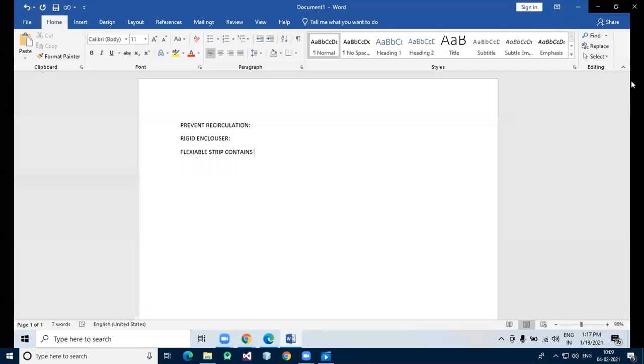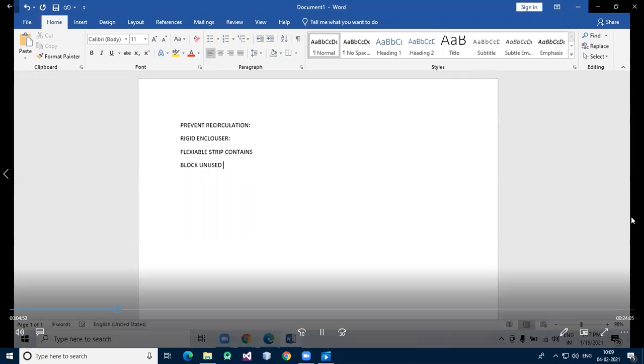Block unused rack locations with blanks. Okay, if you want to prevent exhaust from overheating your equipment, you have to follow this step: block unused rack locations, which are not usable, with blanks.